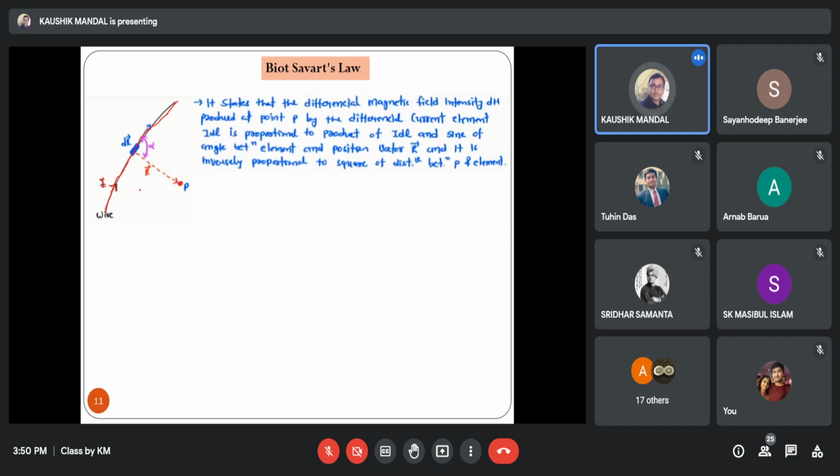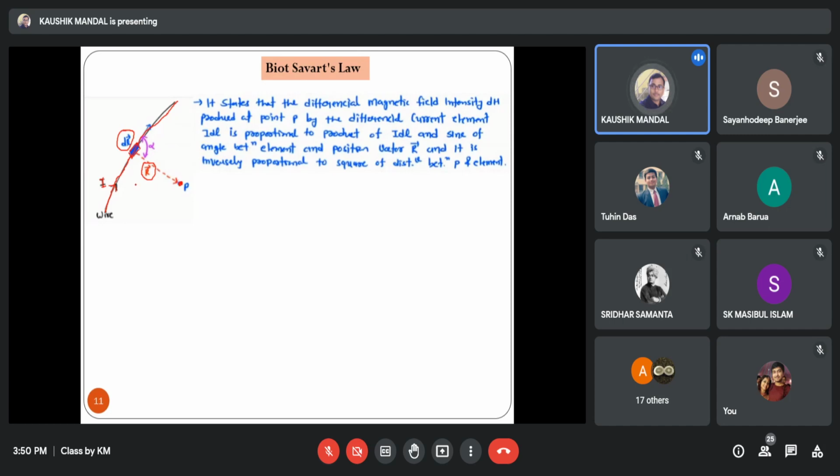then first we have to consider the position vector of this particular point P, and instead of calculating the magnetic field strength due to the entire wire, first we have to consider the elementary or differential length dl. For this differential length dl, we will calculate the magnetic field strength. After that, if you integrate the corresponding field strength, we will get the total magnetic field strength due to this current carrying conductor.